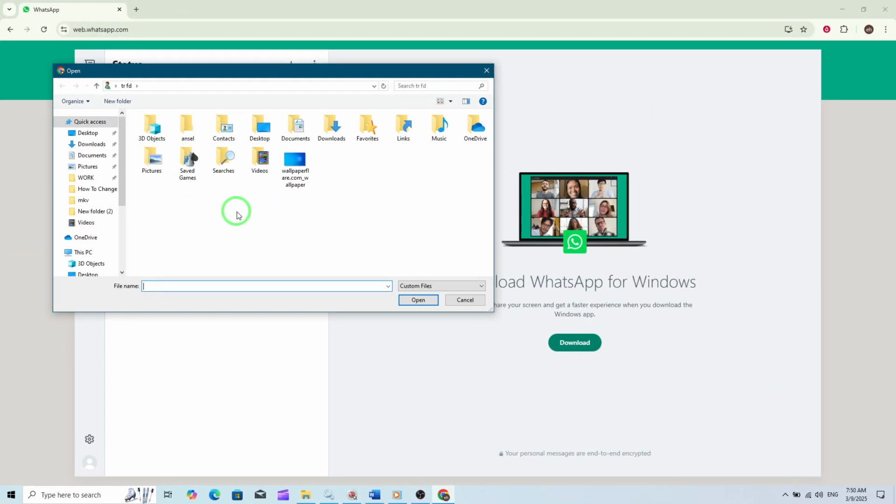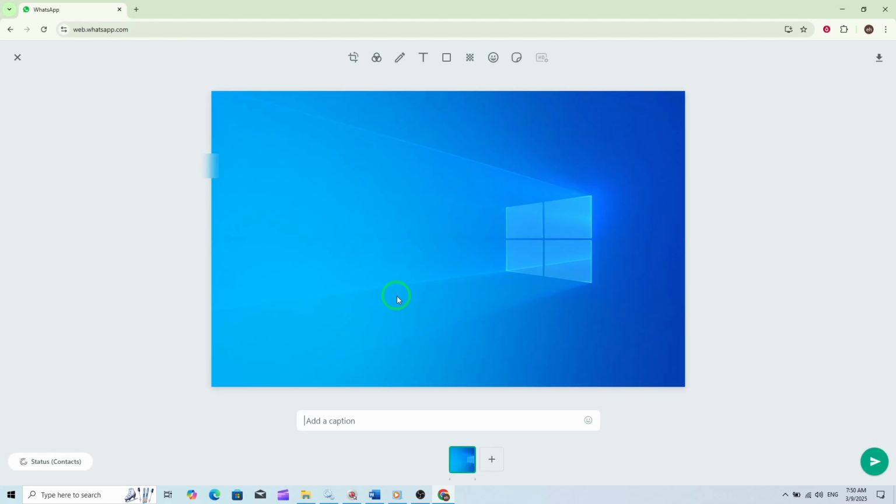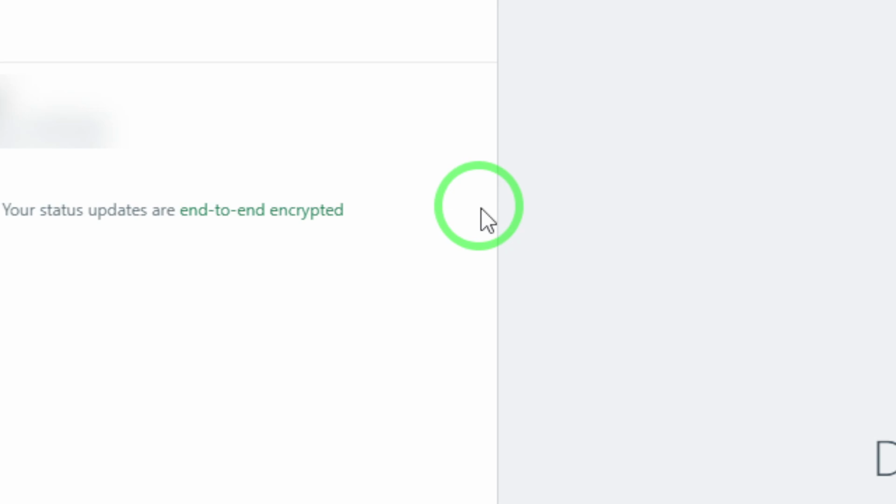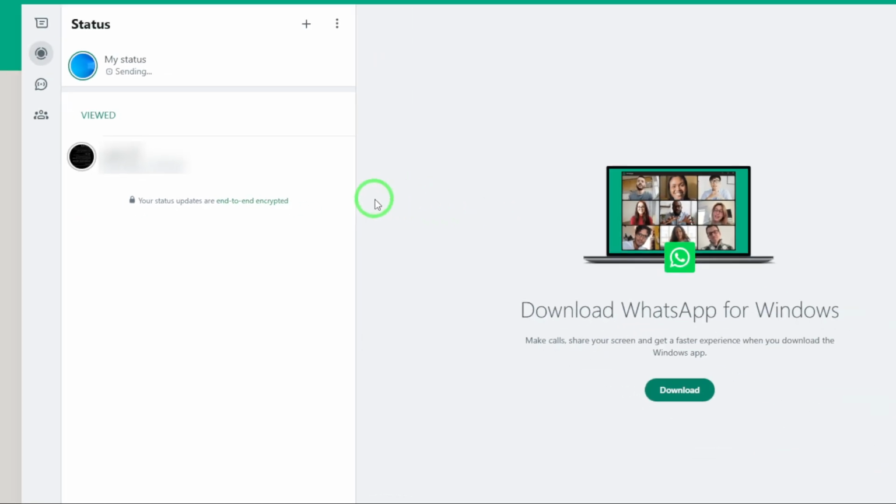Next, you'll be prompted to choose a photo from your computer. Browse through your files and select the image you want to share. You can also add a caption to your photo if you like, which is a great way to add context or a personal touch. Once you've selected your photo and added any desired text, click Send to share your status update. Your photo will now be visible to your contacts, and it will disappear after 24 hours, just like on